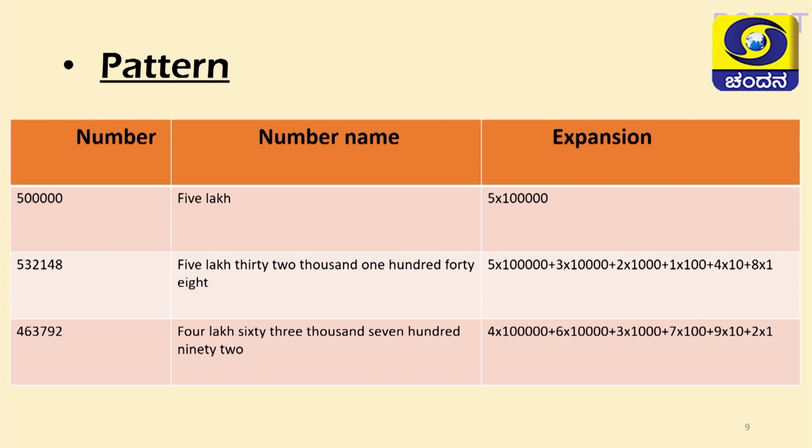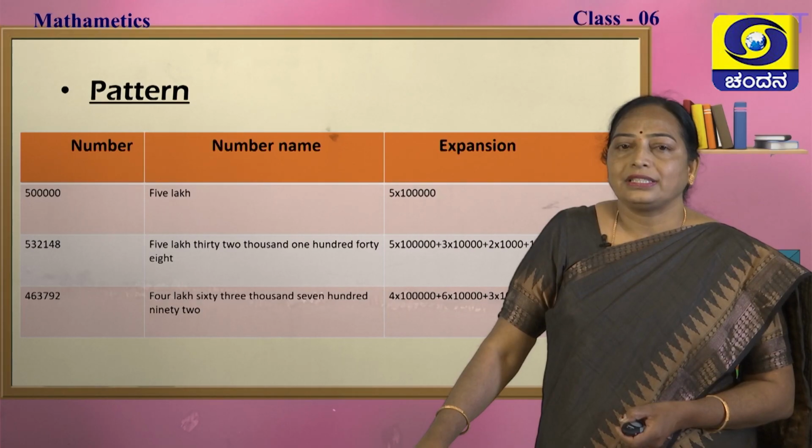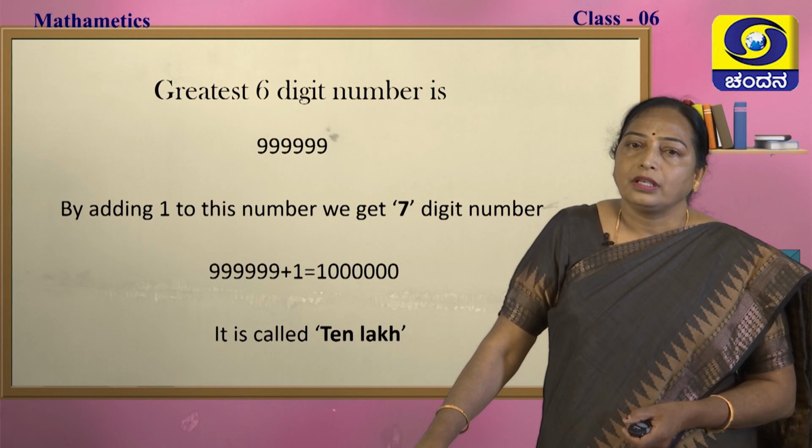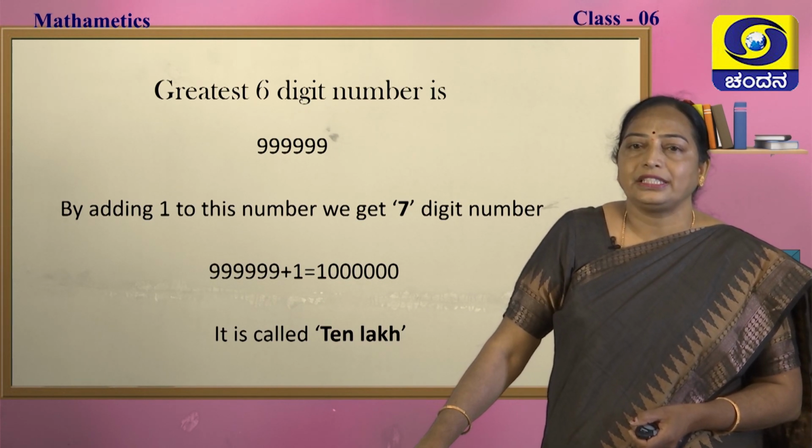Next one is 4 lakh 63,792. Expansion is 4 into 1 lakh, 6 into 10,000, 3 into 1000 plus 7 into 100 plus 9 into 10 plus 2 into 1. Did you understand, children? Next, the greatest 6 digit number is